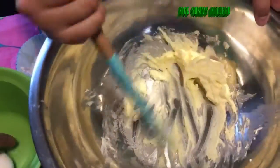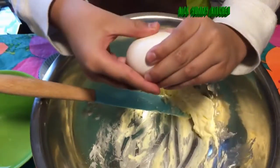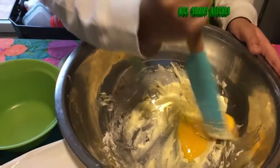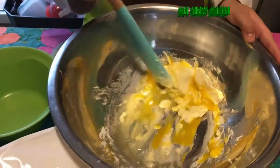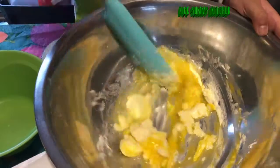Okay, and then what is it? Next, we put in the eggy. After you put in your eggy, you're gonna mash it up with your flour and your sugar. Sugar in, butter, and then